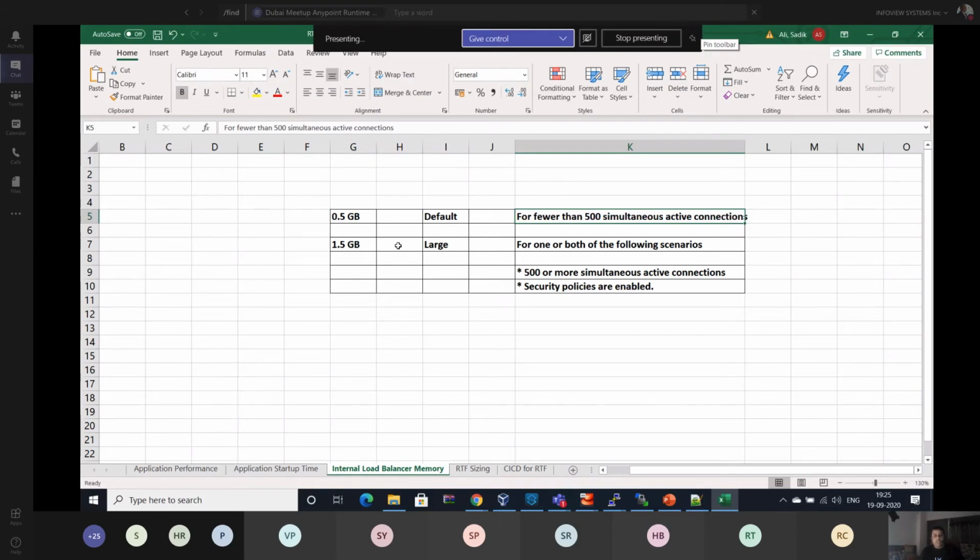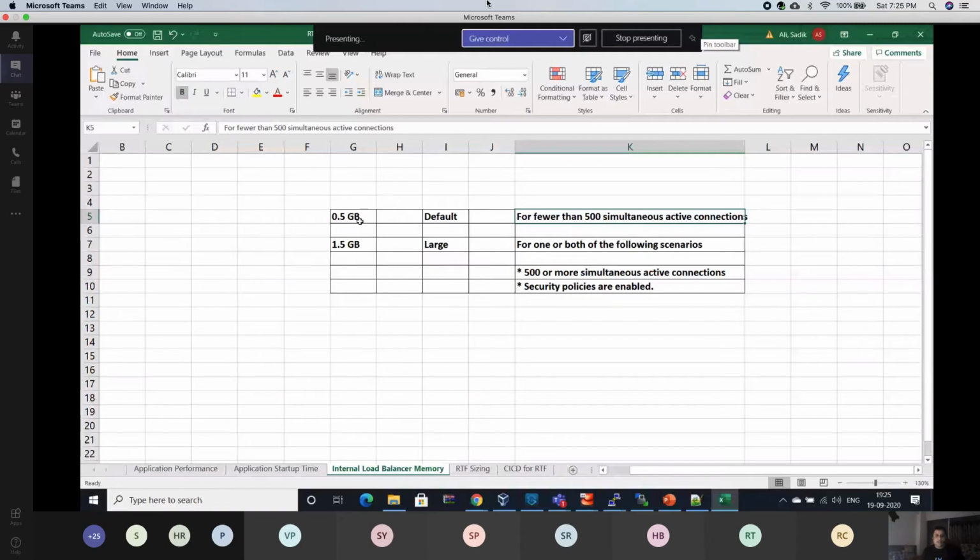Some of the memory or resources will be used or occupied by other services like Ingress, the RTF services, the cache, log forwarding, and many other services and processes. So whenever we are planning the size or allocating CPU or memory, we have to calculate that almost 70 or 80% is used by the application and 20% is used by the other services. So we have to calculate based on that only.